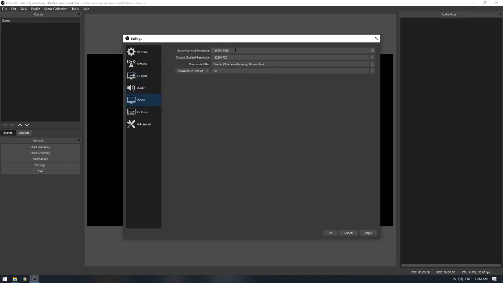Now for video, the base resolution is basically how much space you have to work with. And then the output resolution is the size of your final window. So right now, I am taking a base resolution at 1:1 pixel with my screen and scaling that down to 720p. Leave FPS at 30. I would probably leave the output resolution a little bit lower than your standard resolution, but you don't need to worry about that. Just make sure that your base resolution is the same as your monitor that you're recording. So with all that set,